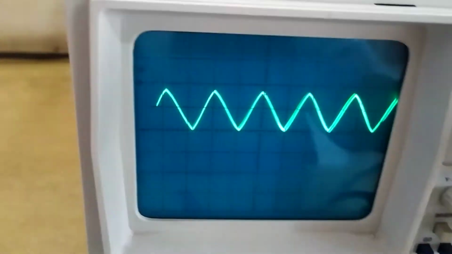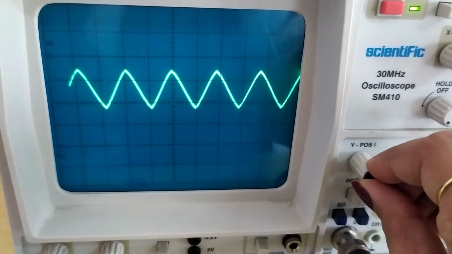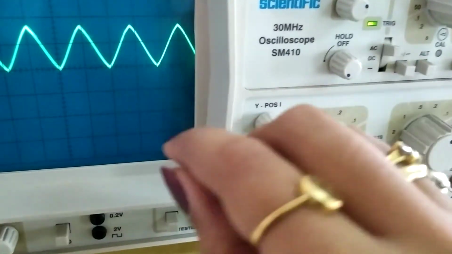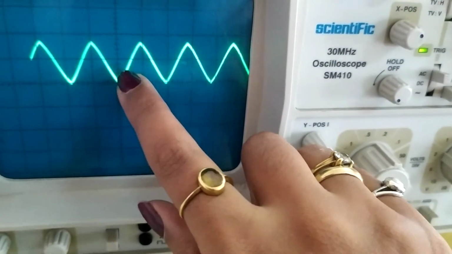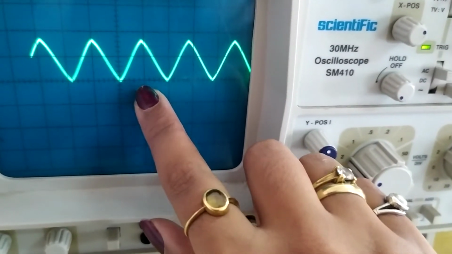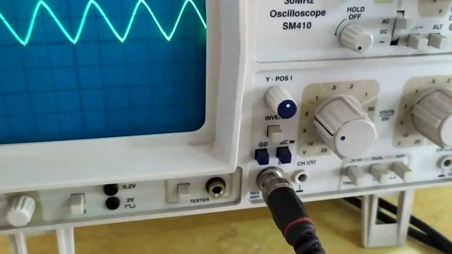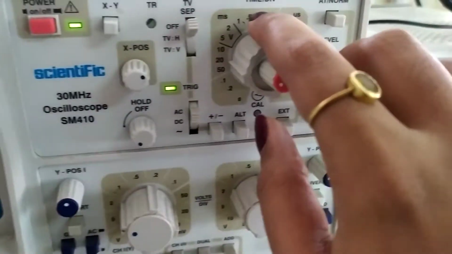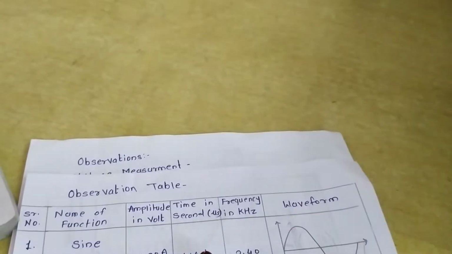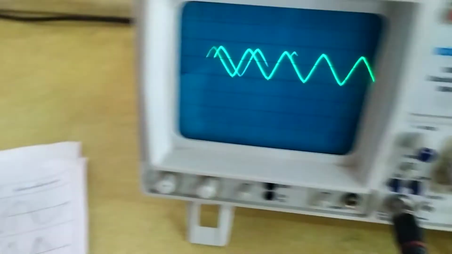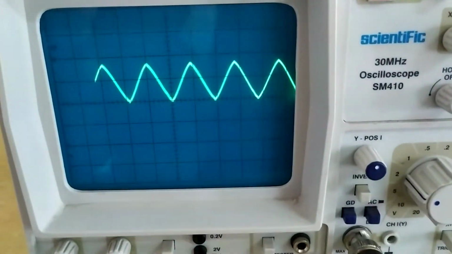Next, frequency. We will measure the frequency by measuring the horizontal lines on CRO. Same as vertical lines, horizontal small lines measure for 0.2 value. This is the 1, 2. 2 multiplied by time per division 0.5 gives the time, which gives the frequency, and the time in microseconds, and the waveform sine wave. We will draw the sine wave as we see on its CRO.